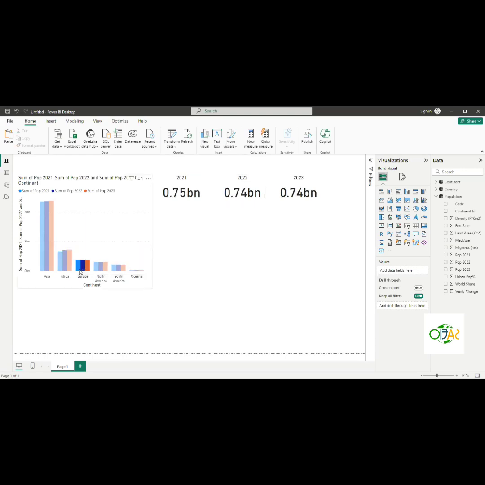Let us go to Europe. Let us click on Europe. You can see Europe is less than a billion. That is, 750 million was their population in 2021. 2022 was 740,